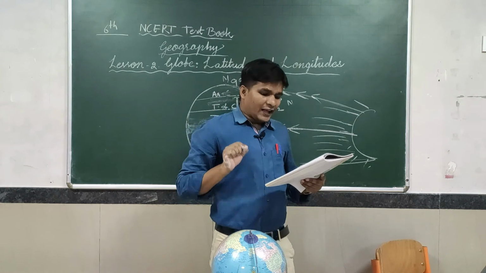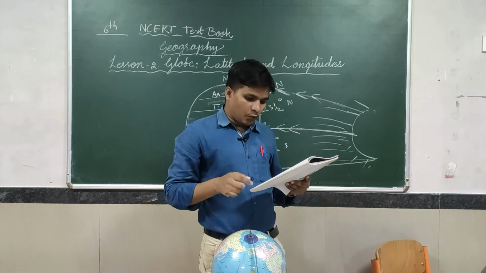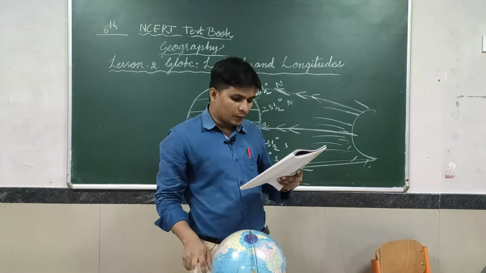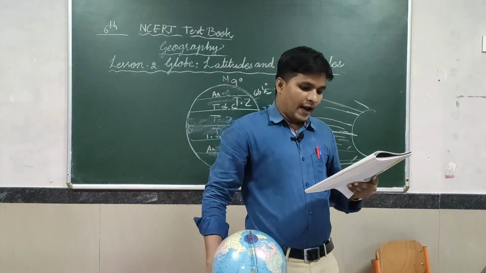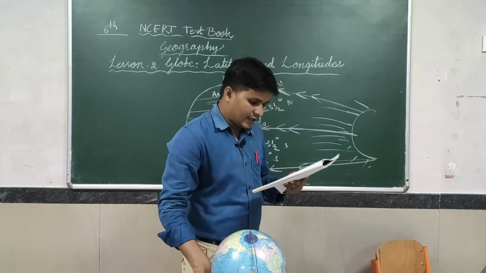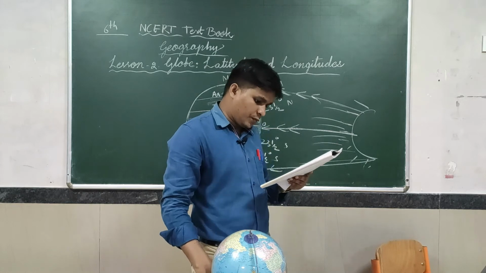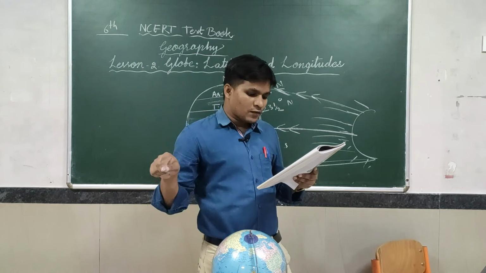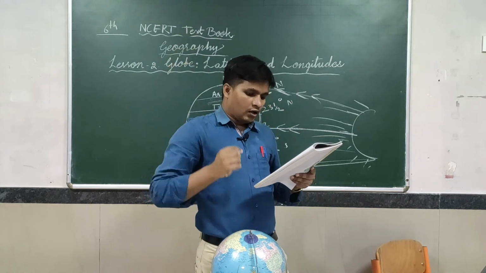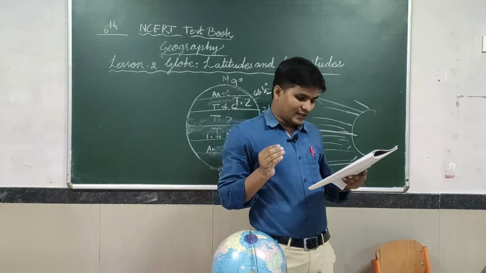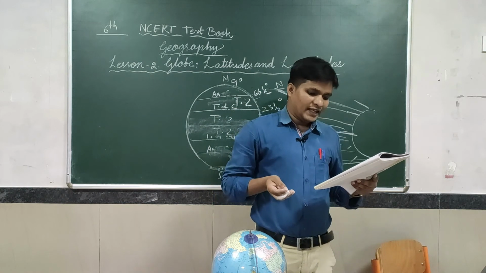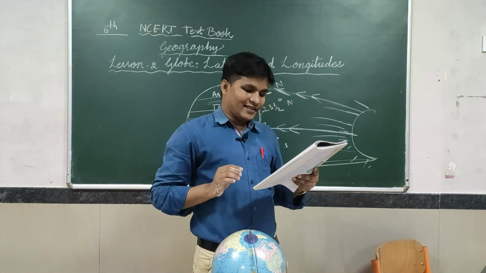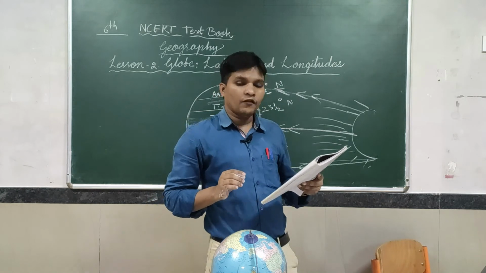Next, the area lying between the Arctic Circle and the North Pole in the Northern Hemisphere, and the Antarctic Circle and the South Pole in the Southern Hemisphere, are very cold. It is because here the sun doesn't rise much above the horizon. Therefore, its rays are always slanting and provide less heat. This area is therefore called freeze zone.